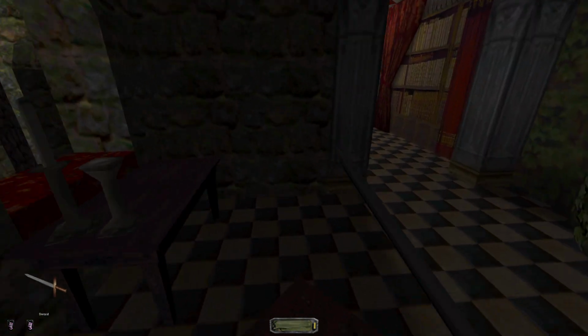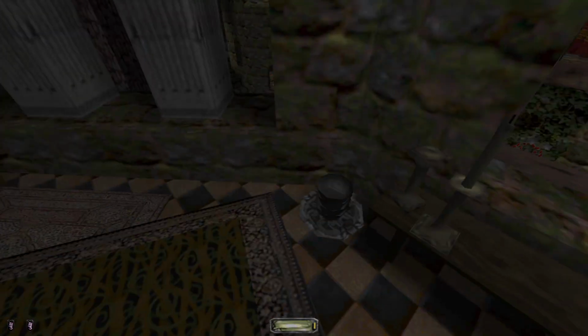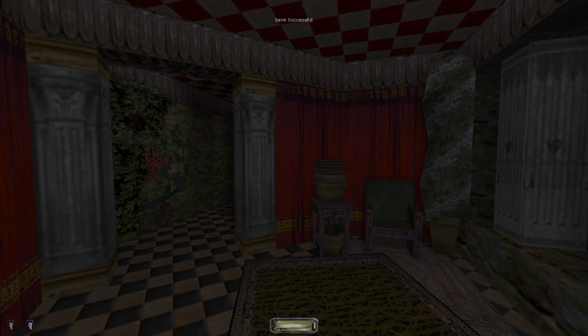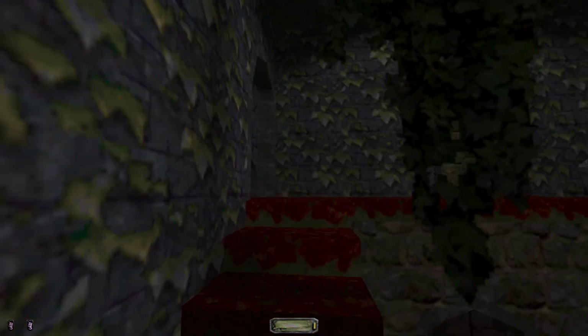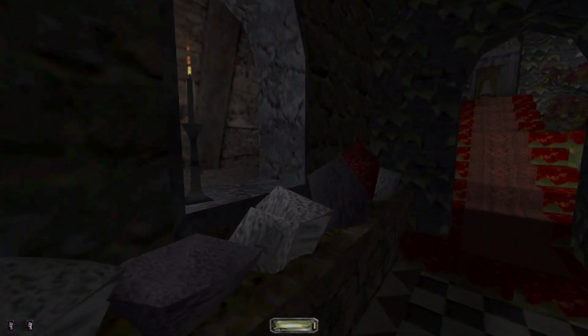It's a tough guard. That's a tough guard. I do believe he was the last one in the area. I think we're good now. Okay. Objective complete. Kill all the guards. Slay all who oppose you. All right, so